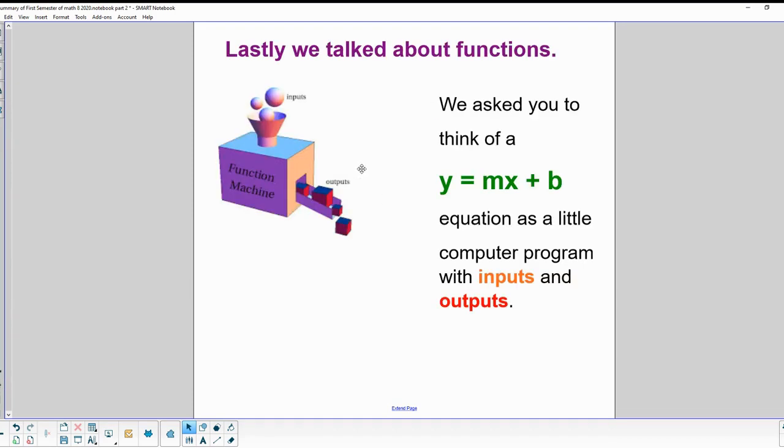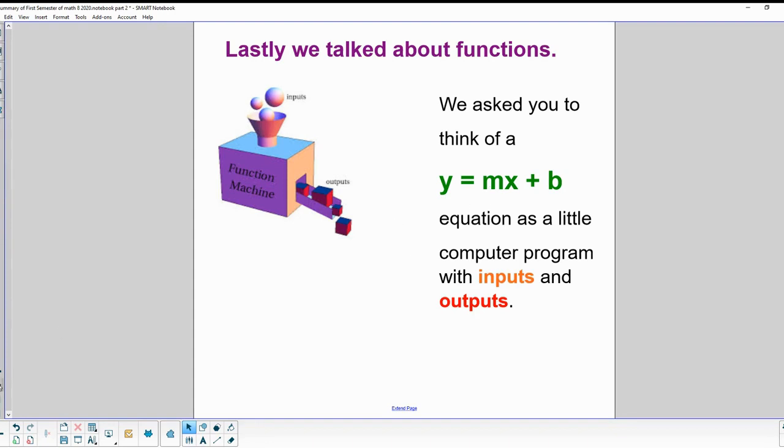Last week, we talked about functions. We asked you to think of y equals mx plus b equations as a little computer program with inputs and outputs. We even showed you a crazy video about animals going into the meat processing plant, and an animal would go in, like a chicken would go in one side and out would come the chicken nuggets. That was a little bit graphic, but hopefully it got the point across what happens with these little